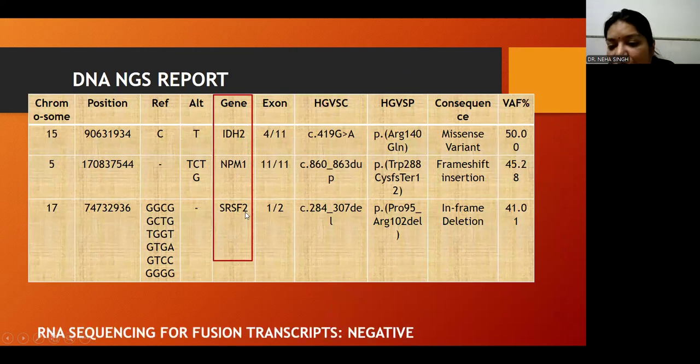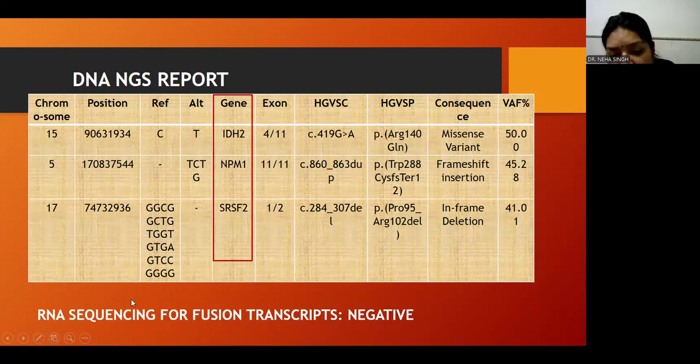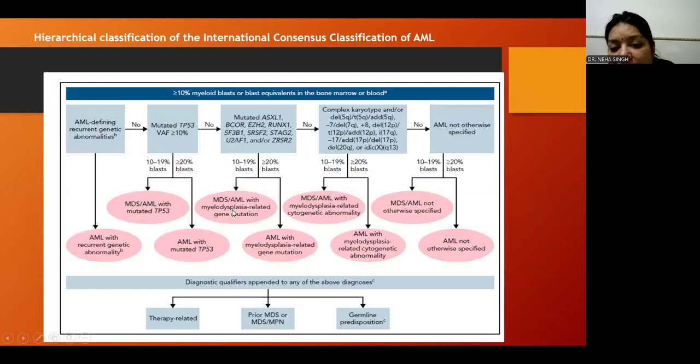RNA sequencing was also done to rule out all the rare possibilities, and that came out to be negative. So how are you going to approach this case? How will you finally classify this case and risk stratify this case? Because it is interesting, you have an NPM1 mutation, and you also have an AML-MR mutation. So the answer has been given by